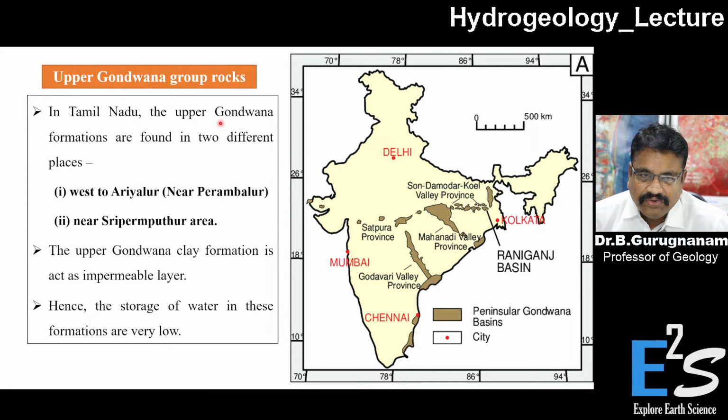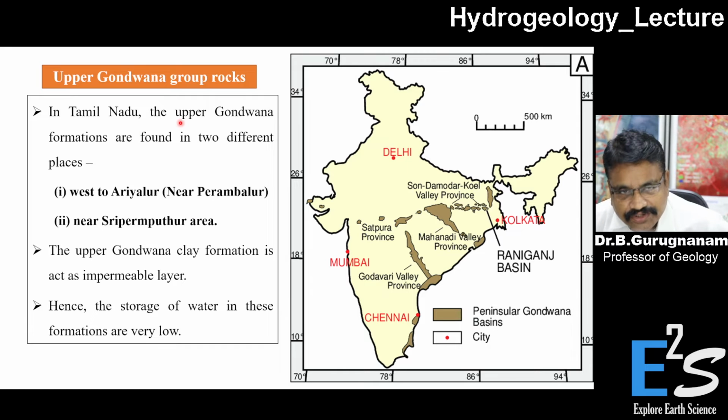In Tamil Nadu, the upper Gondwana formations are found in two places. One is west of Ariyalur near Perambalur. So this area is near here. This is Nagapattinam, and this is Chennai. Maybe this area, and near Sriperumbudur also. Here, near Chennai, is Sriperumbudur. These two areas are enriched with the system of upper Gondwana formations, and the upper Gondwana clay formation acts